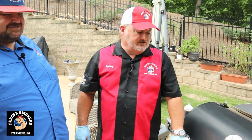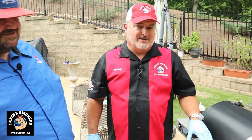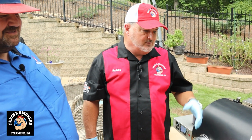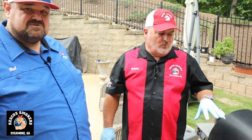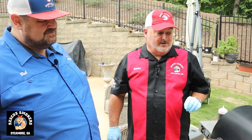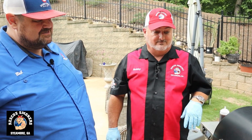So the bacon wrapped Cajun pork tenderloins have been cooking for 45 minutes now. We're fixing to lift the lids, see what we've got, see what they look like. Let's see where the temperature is. If they're at that 140, we're going to go ahead and glaze them and let that set till they hit 145 internal, pull them, and we're going to eat